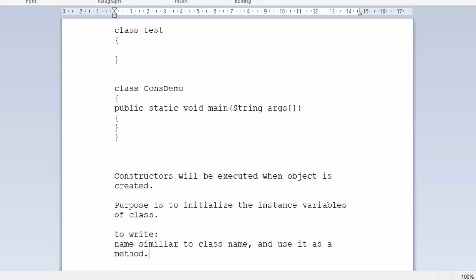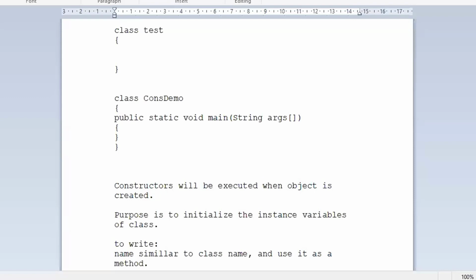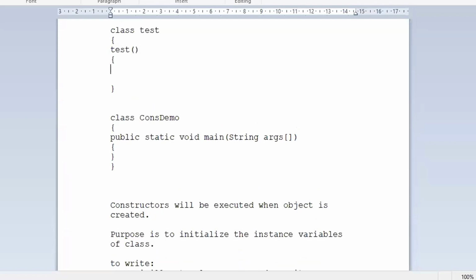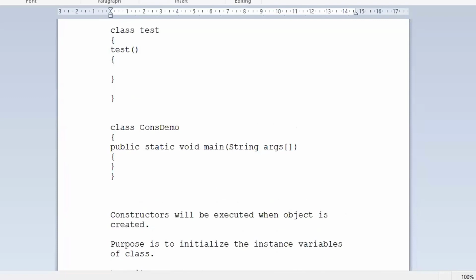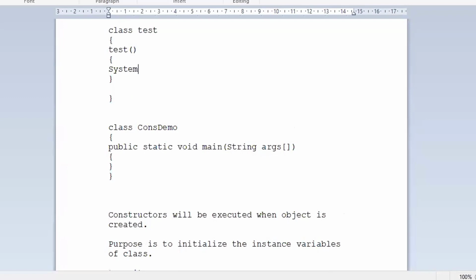So how to create a constructor within a class: you just type the class name, open the brackets, and use it similar to a method. Within it, I'm just writing a statement, System.out.println "from constructor", just to cross-check whether that constructor has been called or not.